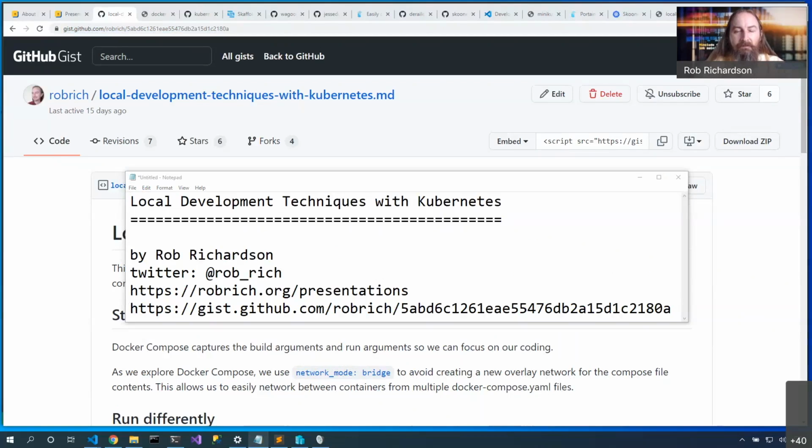For those of you here live at the event, one of the questions I often get is, well, does this work in my cluster? What if I'm on AWS or OpenShift? All the tools that we looked at today are very specific to Docker and Kubernetes, and will work on any flavor of Docker and Kubernetes.